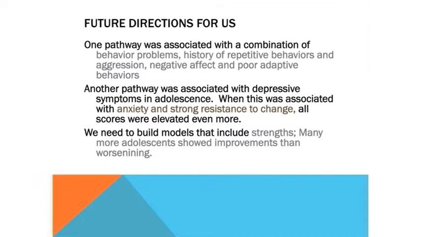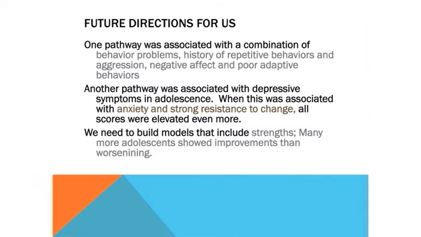Another pathway that we saw was kids who developed more depressive symptoms in adolescence. And when these kids were not only depressed or sad, but also anxious and had strong resistance to change, this seemed to confound everything. And that was another group of kids, I think, that again, verbally may be doing great, but are not going to just pop into happiness without specific treatments. And often our treatments aren't aimed at these kinds of things. Our focus is on early intervention.